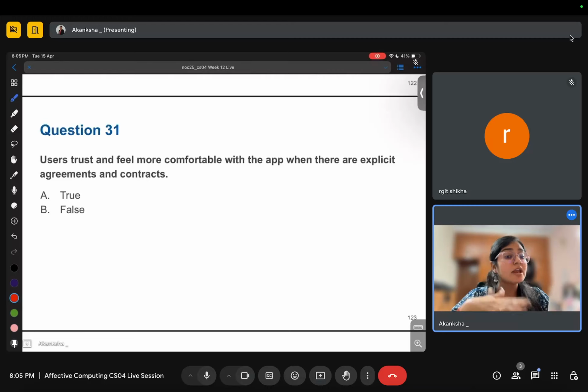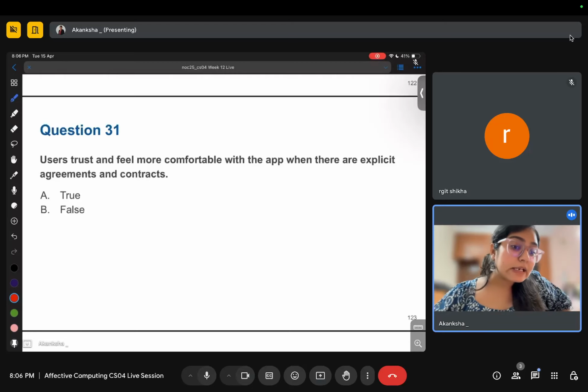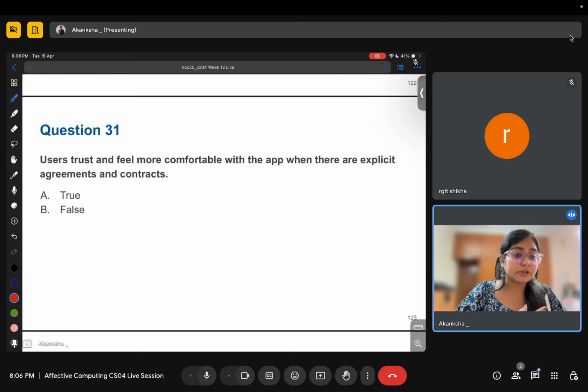If they mention that we will not use this data for something else, then you have to protect the privacy of the end user. And if the company is found guilty of sharing the data, then the end user has the full right to complain and take legal action against the app or the stakeholders.